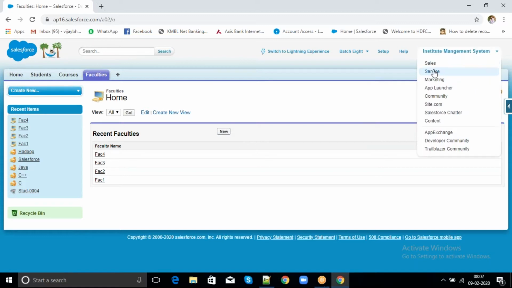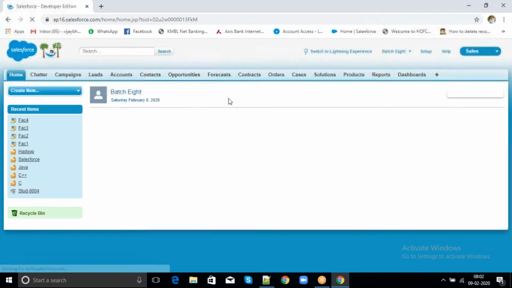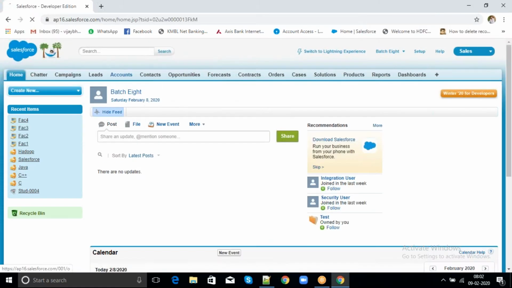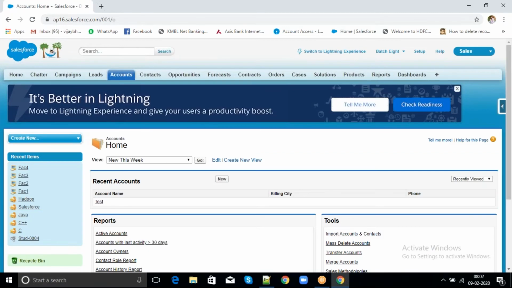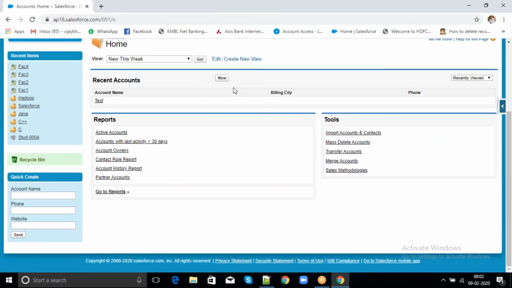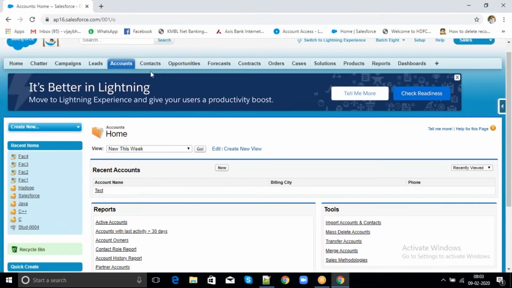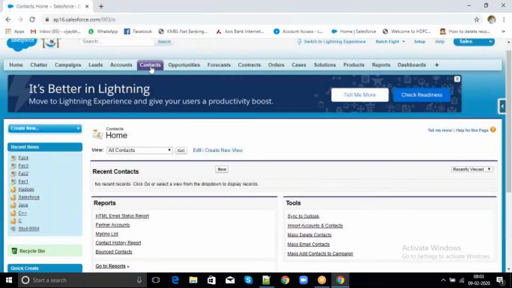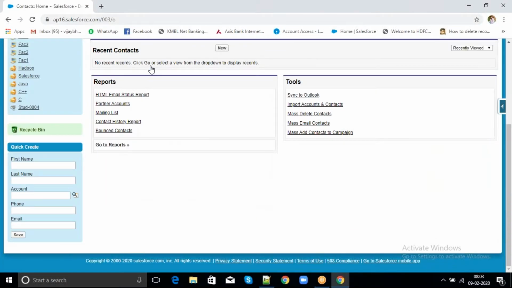If I switch to the Sales application and want to create an account, I click on account and create by clicking on new. Here there is quick create. If I want to quickly create an account, no need to go for new; here also I can enter and save. Similarly, I can create a quick contact, and no need to go for the new button.